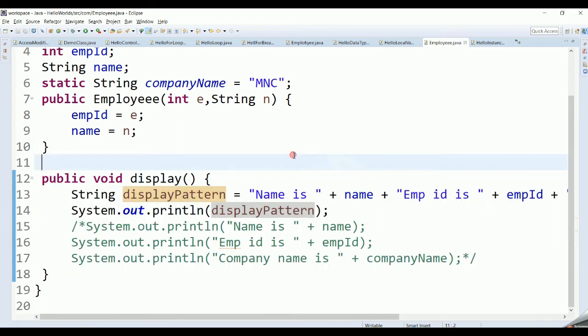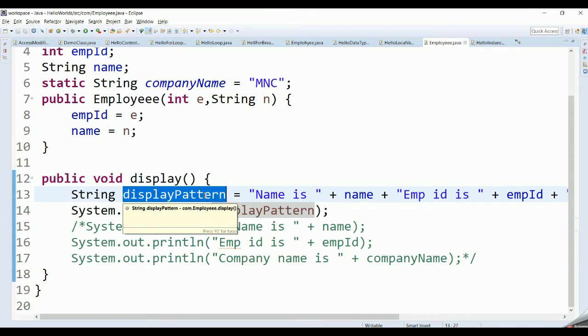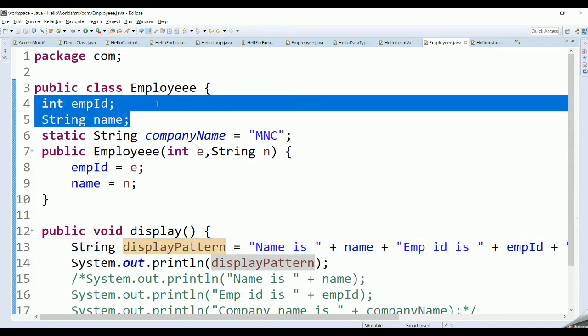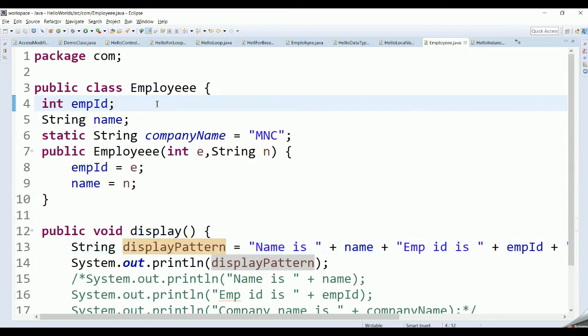So to reiterate what we have seen, there are three basic variable types available in Java: a local variable, an instance variable and a static variable. A local variable is something which has its scope within the method. You cannot access that variable outside that method, even within the class. That is called a local variable. Instance variables are something that store the state of the object. The value can be altered using the object that has been created for that particular class.